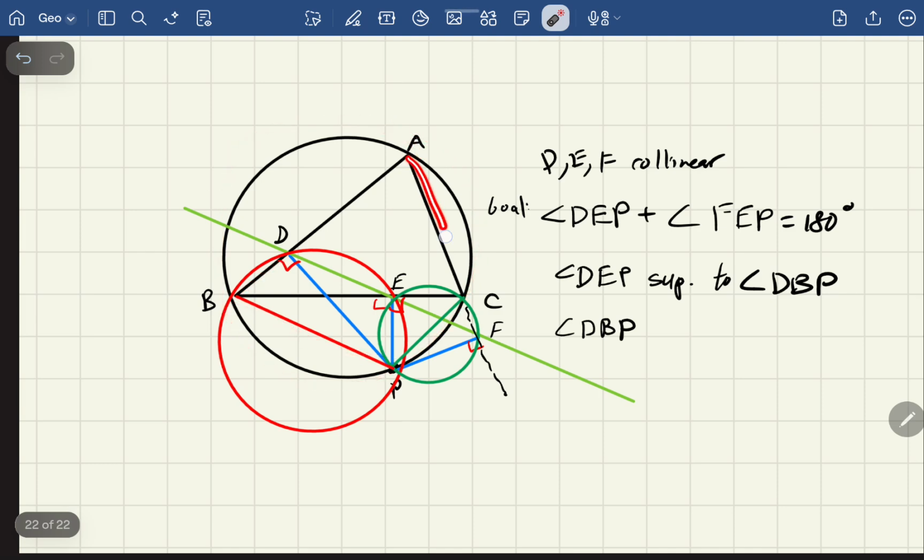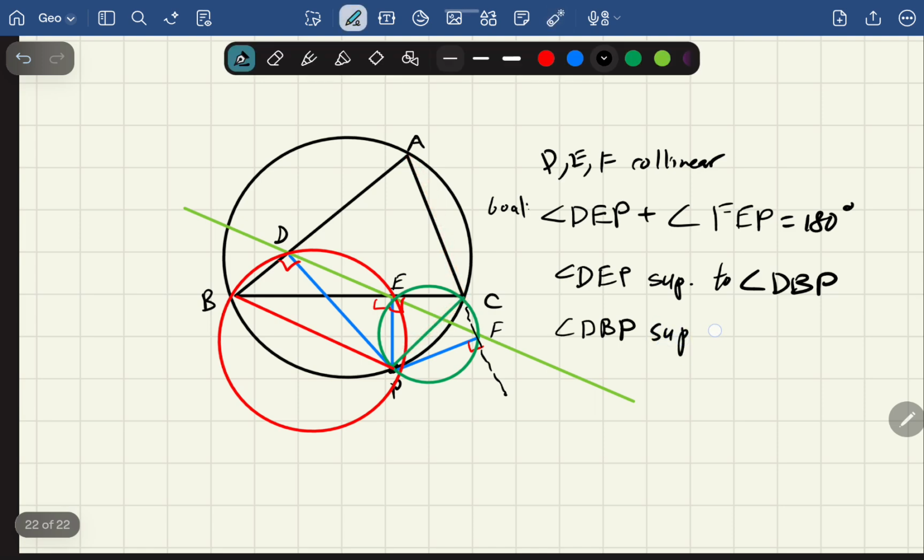So it's supplementary to ACP. And what does this mean? Well, in other words, it's a long way of saying DEP is equal to ACP, right? ACP